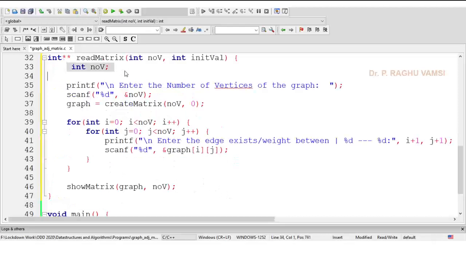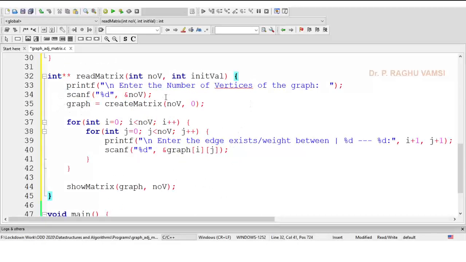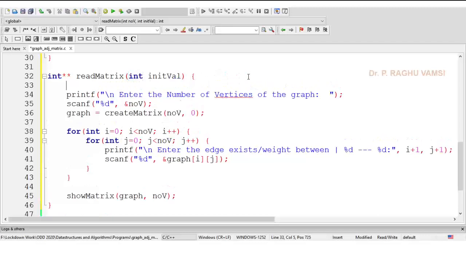NOV, that is number of vertices, is available here. Enter the number of vertices of the graph. We can remove this also and printf the enter number of vertices of the graph. Then scanf %d NOV. So create matrix of NOV comma init value.